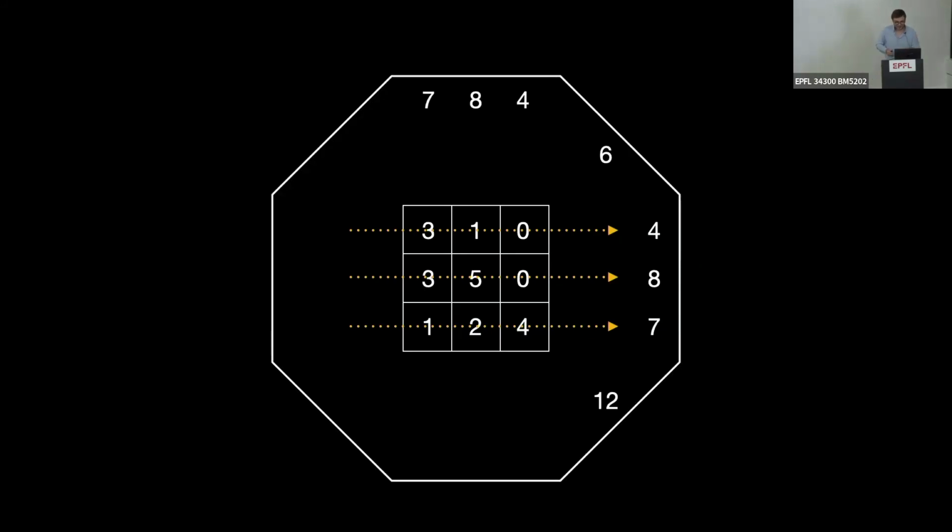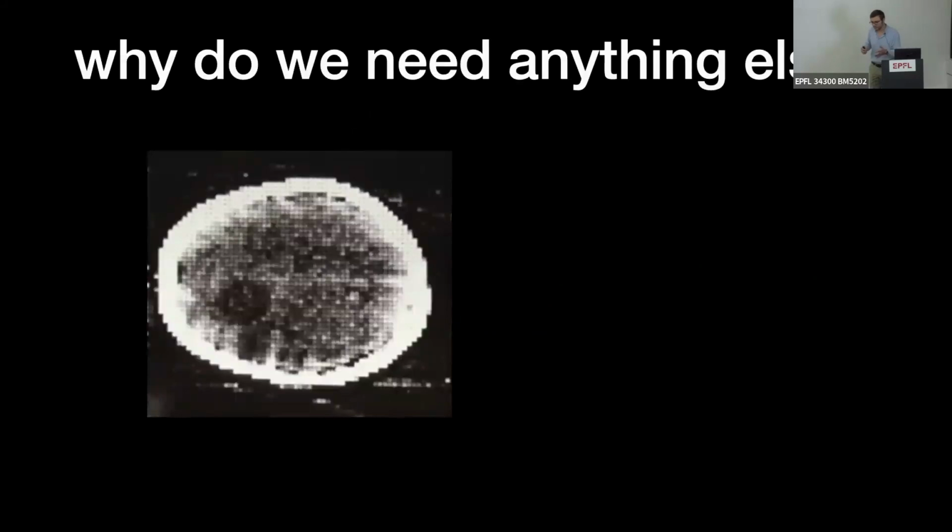And he would try to iterate out the error. Now, the question is, why do we need anything else than this algorithm? This algorithm almost perfectly encapsulates what he knew about the physics of X-ray absorption. And the question is, why would we need other things? Why would we need more sophisticated algorithms?